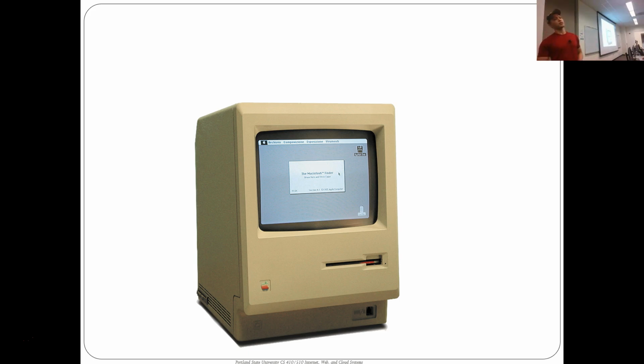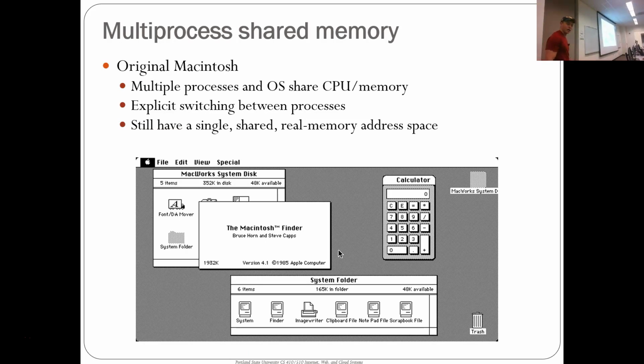Virtualization, kind of, sort of. Maybe later Macs. But this is really the first Mac. So it's still a real memory system. But it allowed you to have multiple processes sharing that real memory. It wasn't completely virtualized; it didn't virtualize the entire memory system, but what it did was allow you to